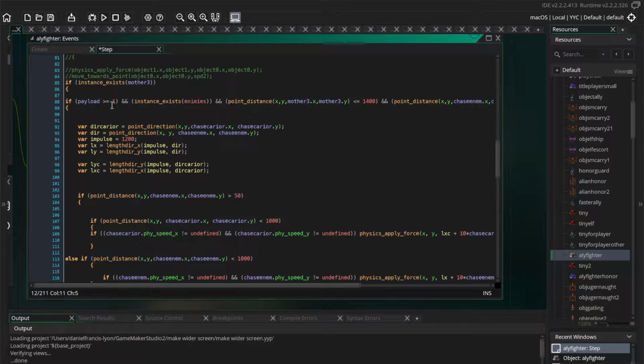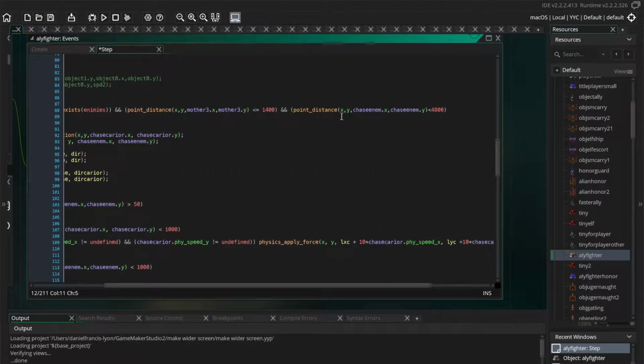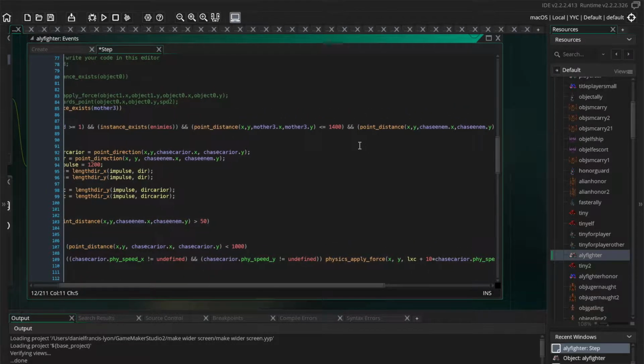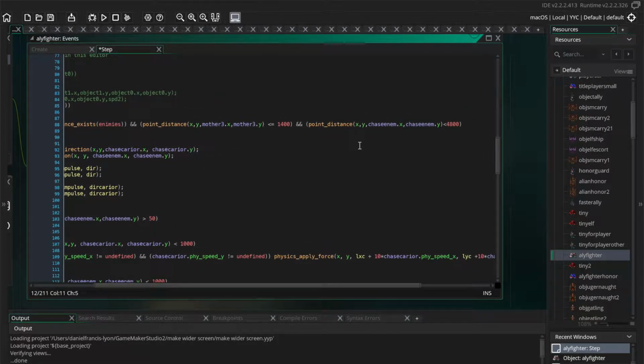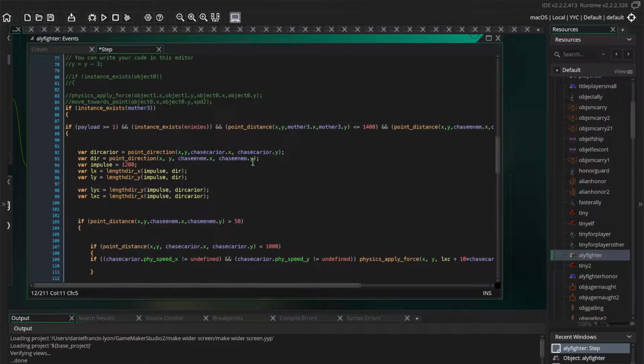So if payload is greater than 1, so if you have firepower, and if there are enemies, and if the distance to your mothership is less than 1400, all this means is these fighters will not fly farther than 1400 away from their mothership. I've decided to really tie them to the mothership. There's a limit to how far away they'll fly. And if distance to the nearest enemy is less than 4800, basically they just won't even try to attack an enemy if the enemy is farther away than this amount. If all that's true,